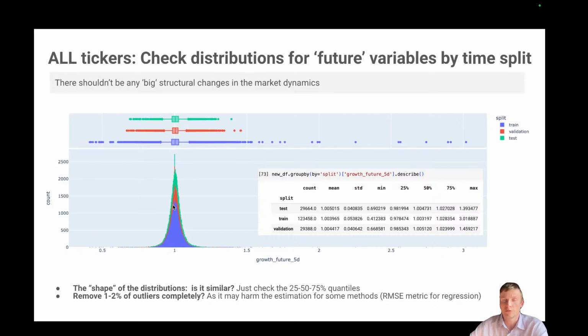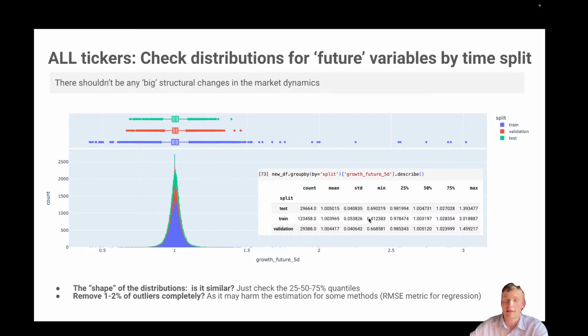If you look visually, the distributions look very similar. They are all bell-shaped, of same width and of same shape, but there are different number of outliers, and you can see it from these numbers and from maximum and minimum